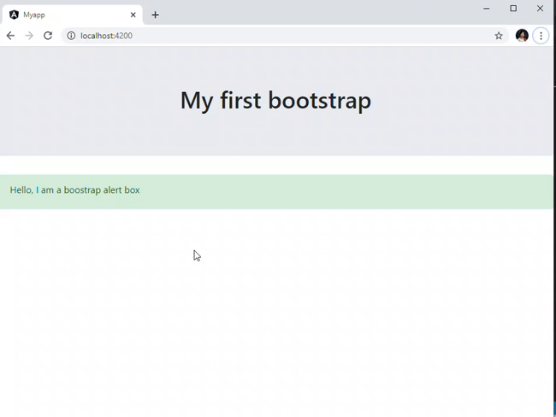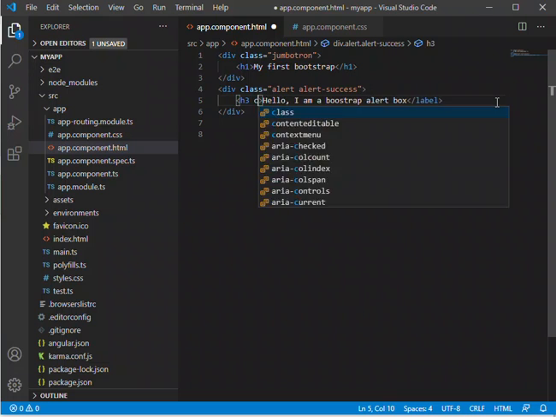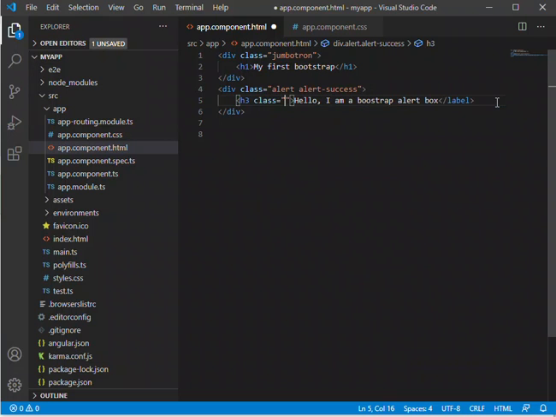Now if you want to put the label in the center, we change this one to a header. Let's use h3, and then class text-align, text-center, to make our text be at the center. H3, all right, save.